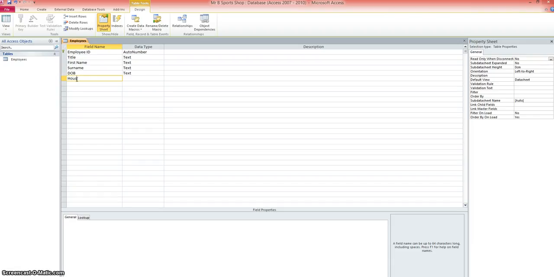So we'll say house name or number, street name, town, we'll put city, postcode,